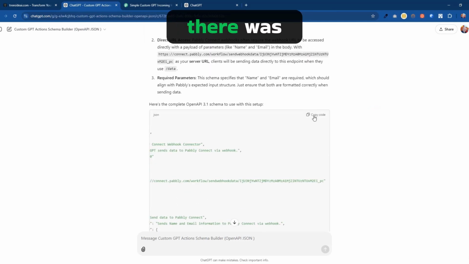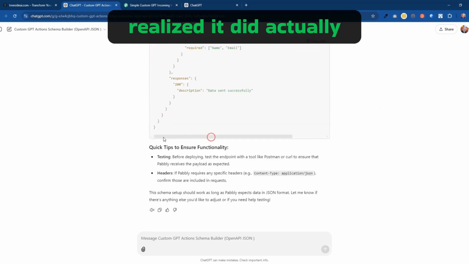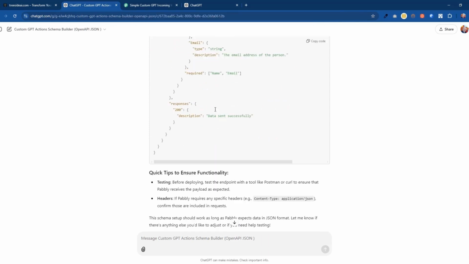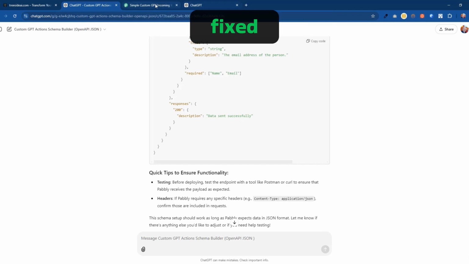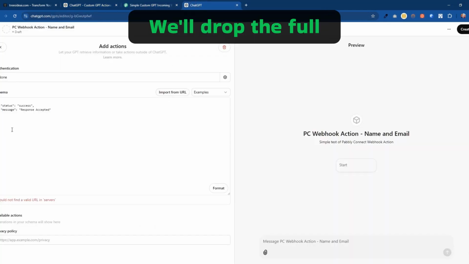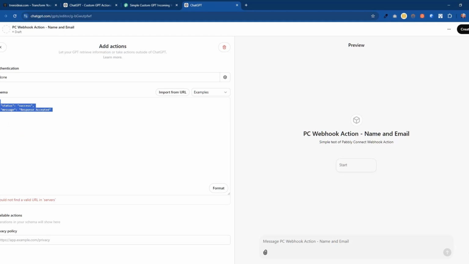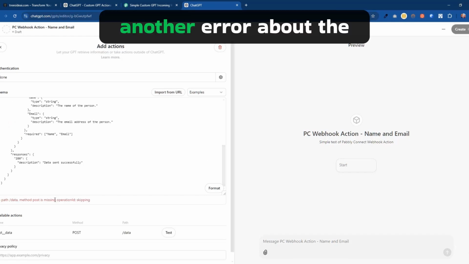Alright, so when it did the evaluation, I just realized it did actually add in some more data in the code here, so we'll get that fixed. And here we go, we'll drop the full code in again. Okay, we still have another error about the,